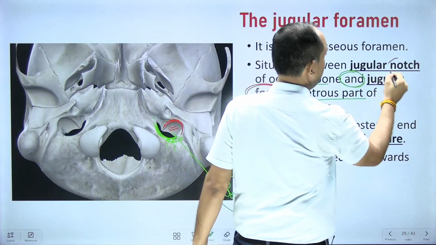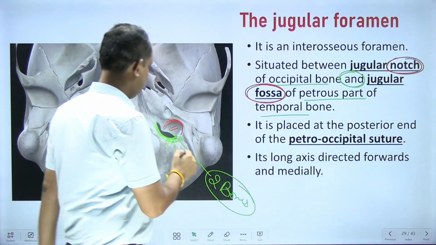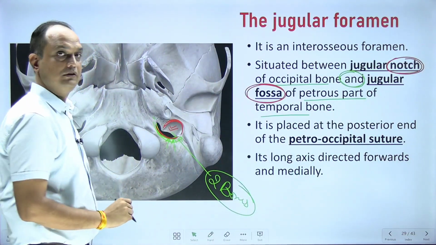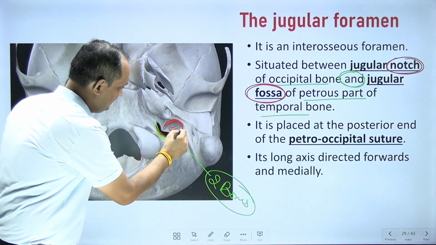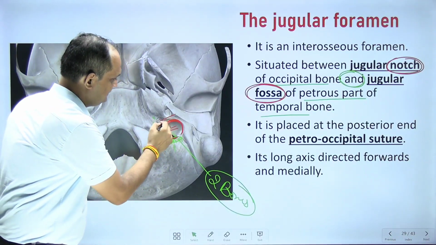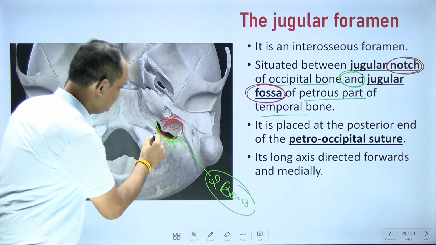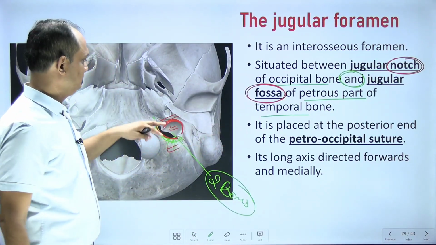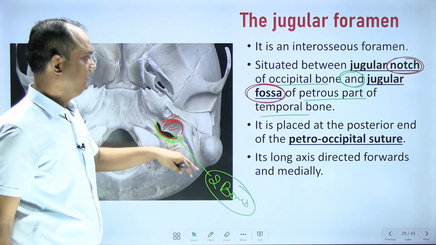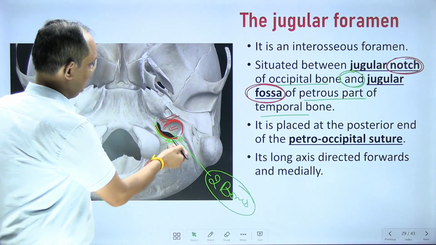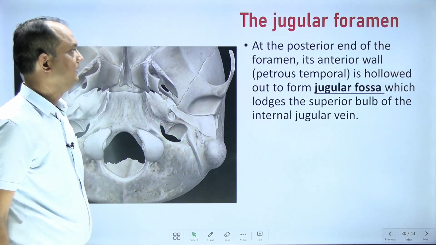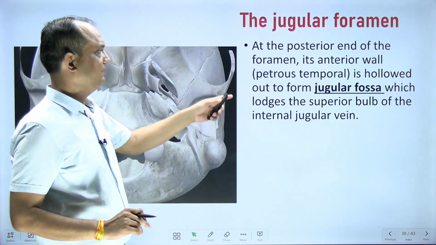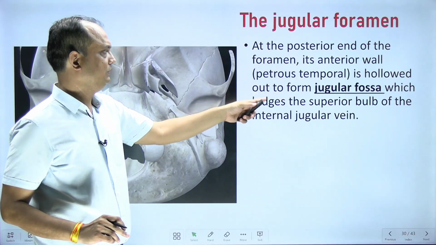So, there are two terms, one is the jugular fossa, another is the jugular notch. So what is the jugular notch? The jugular notch is this posterior margin of the foramen. And what is the jugular fossa? This anterior depression, and this depression is a part of the petrous bone. This boundary is a part of the occipital bone. So this junction is known as the petro-occipital suture, and the long axis, you can say, is directed medially. Now at the posterior end of the foramen, its anterior wall is hollowed out by the jugular fossa,